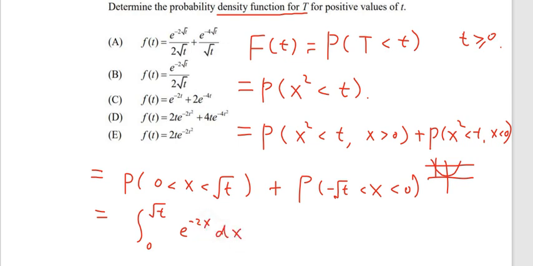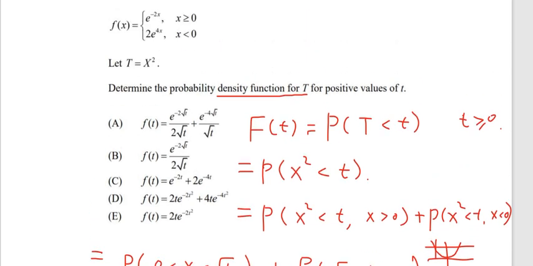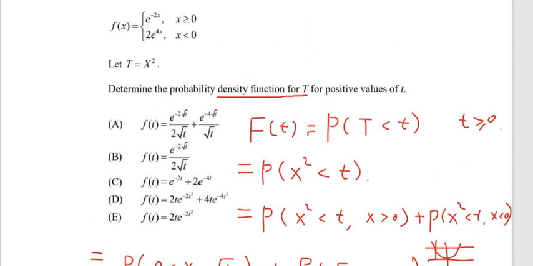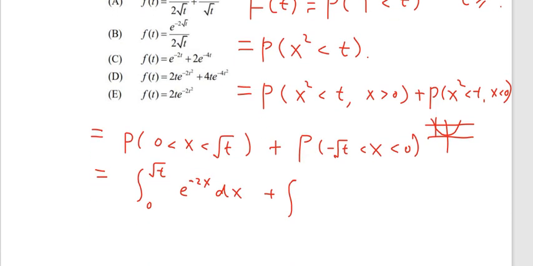Okay, so plus, when x is negative, the function becomes 4x. So from negative infinity to 0, the integral of e to the 4x dx. Okay, so we need to